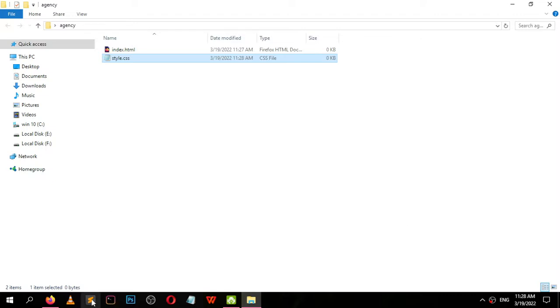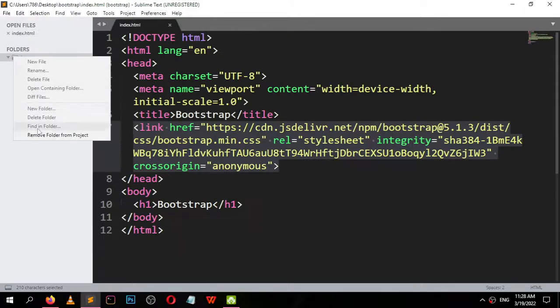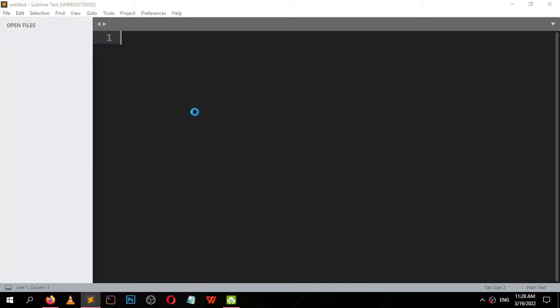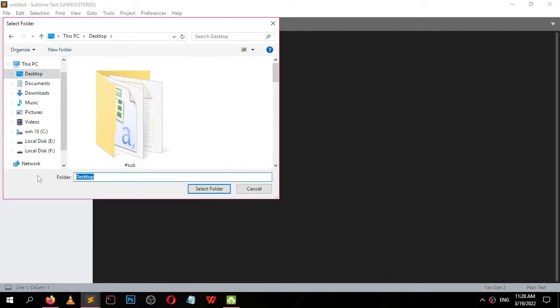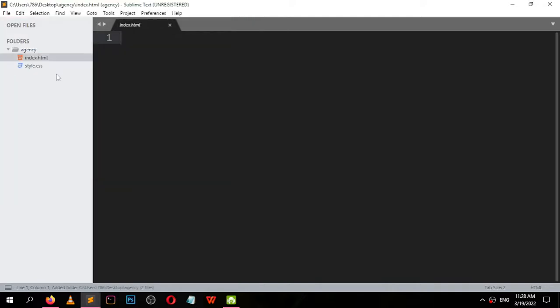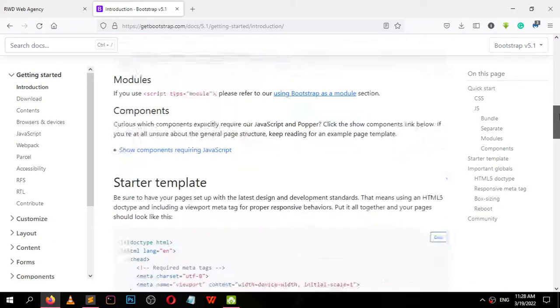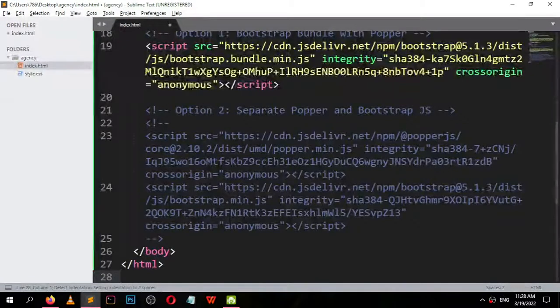And open this folder inside your text editor. I am using Sublime Text Editor. Let me remove this first, and now let me open. On the desktop, we have named it agency. So find agency, and then we have this index page. Now we are on this. From here, we need to copy this starter template, copy this,